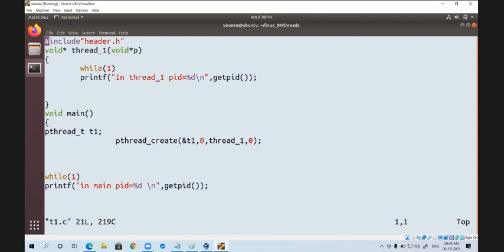So what is the relation between the main and thread 1 here? It is not a parent and child relation. With respect to thread terminology, we need to say main thread is creating the subthread, not the child thread.